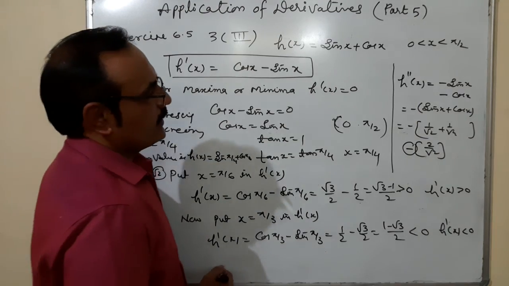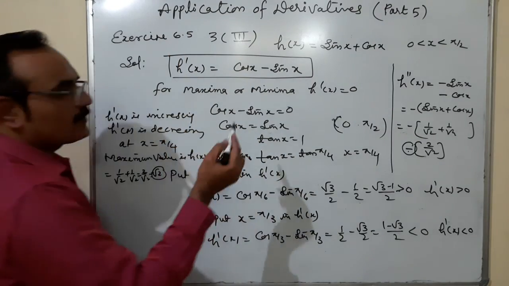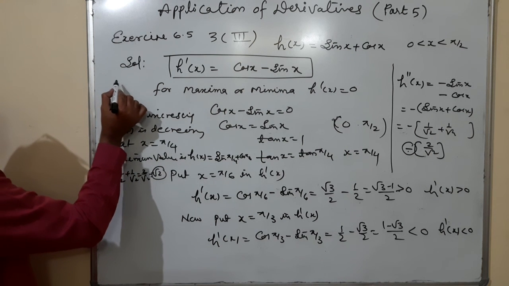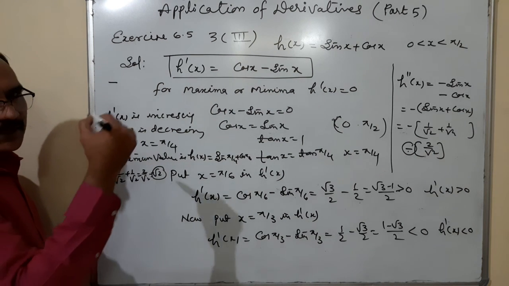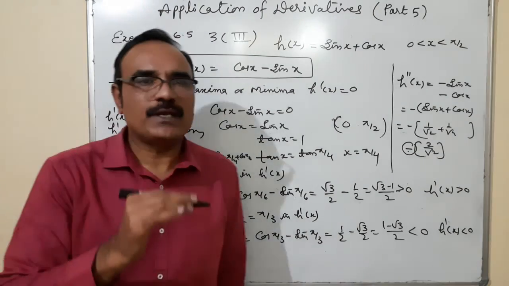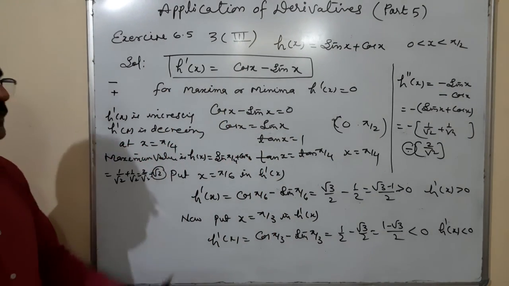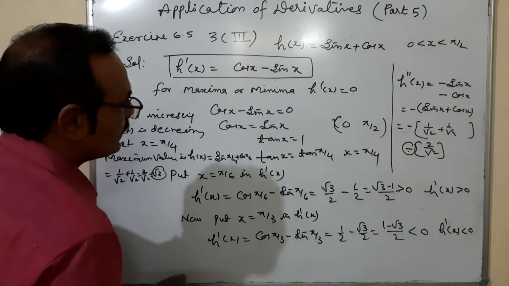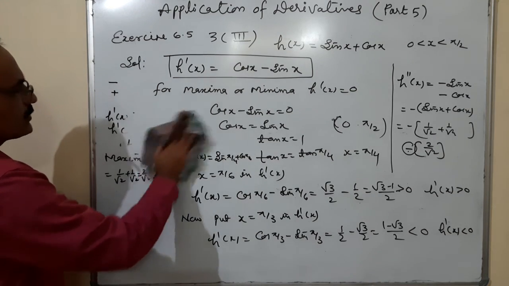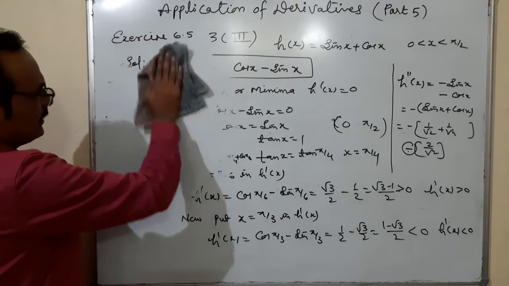And if in place of minus there is a plus sign on the second derivative, after the first derivative, this I did not tell you in the explanation. On the second derivative, if minus sign comes, that means the function is maxima. And if plus sign comes, that means the function is minima at the given point. This second derivative test we'll have to use in most of the questions. It is very important. But by the first derivative test, this is the procedure by which we can use only the first derivative and find maximum and minimum values.